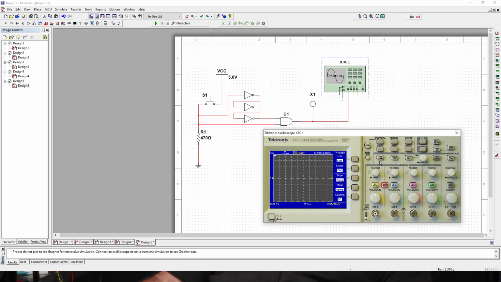That's good. Let's select this button right here that says single sequence. It's just like a single shot, right? And we're going to click on that, and then we're going to start the simulation, and this way we'll be